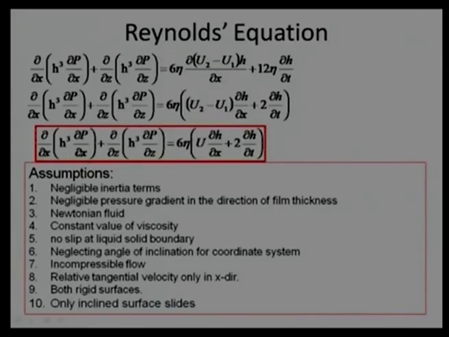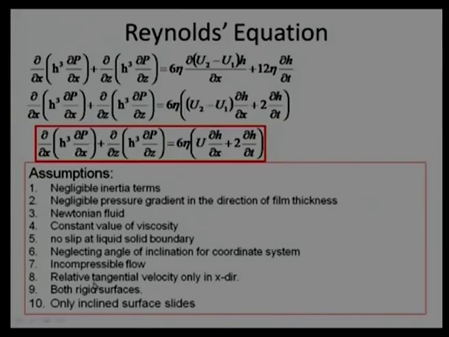There is a pressure term in the x direction, a pressure term in the z direction, constant viscosity, and this is the relative velocity of the inclined surface in the x direction. This is a wedge term in the x direction, and this is a squeeze term. And this is one of the most commonly used Reynolds equations in literature. In a number of books, the Reynolds equation starts with this kind of form, where a number of assumptions are there. You can understand that to reach this equation,